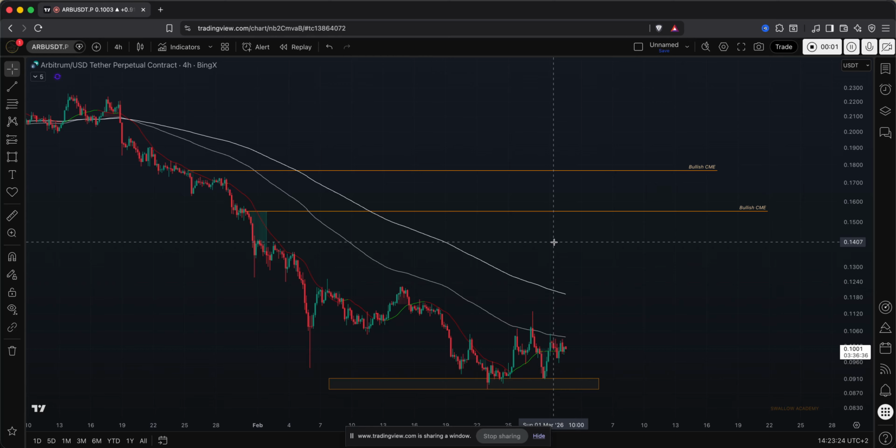So Arbitrum coin has some chances to form a decent reversal here, which would result in a trade inside this 100 and 200 EMAs. So welcome back everyone to another technical analysis, and today we're taking a look at ARB coin, ARB coin. So basically going to focus fully on the smaller time frames, because on the bigger time frames